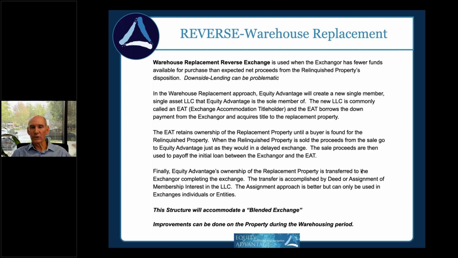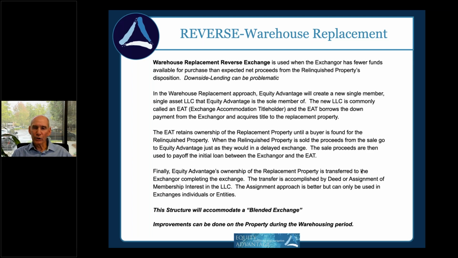I like doing an assignment of membership interest. So instead of just doing a generic limited liability company to warehouse the property, we'll actually work with our client and weigh what state of registration do you want, what name do you want, and we'll put the limited liability company together in the state of registration and name that our taxpayer ultimately wants to own the asset in. And by using that structure, if we're talking about an individual or spouses in community property states, or we're doing an exchange for an entity where the whole entity is going forward, we're just going to take ownership in the EAT's name, in that name that the taxpayer wants. We assign a membership interest from us to the taxpayer to complete the transaction.